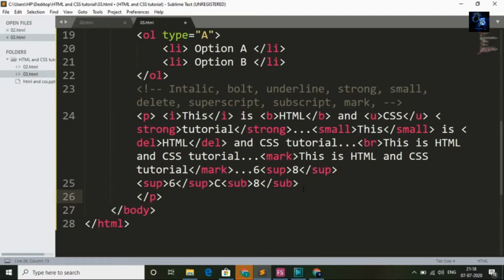Now we will see HTML entities. Suppose if you want to create a footer and you want to add copyright. Now I will show you what is entities. First of all, I will create one footer. I will create one paragraph tag. Okay,